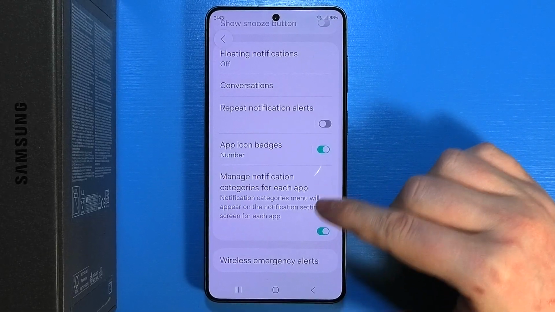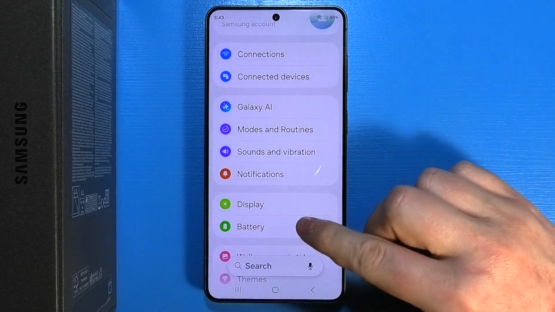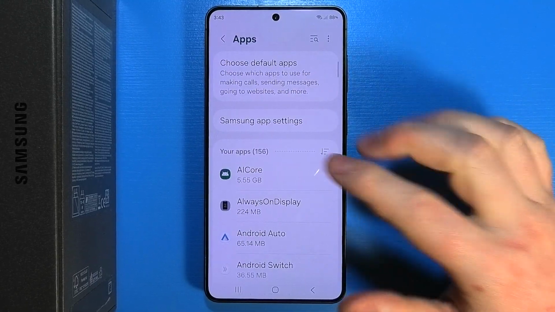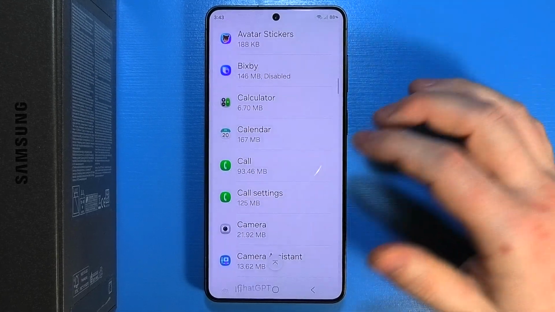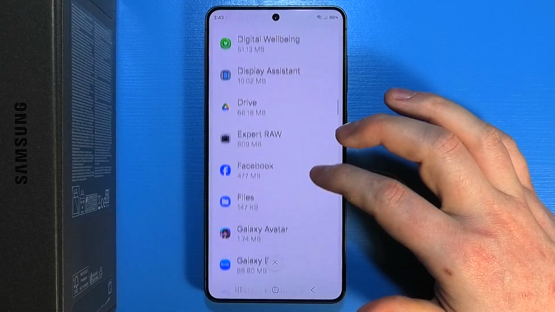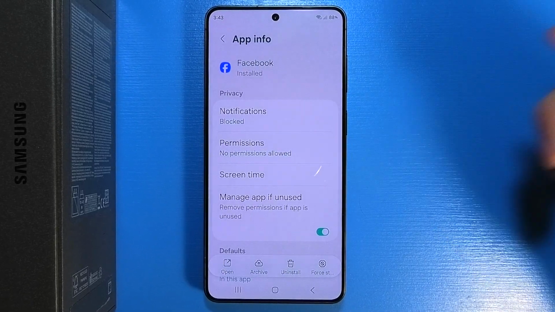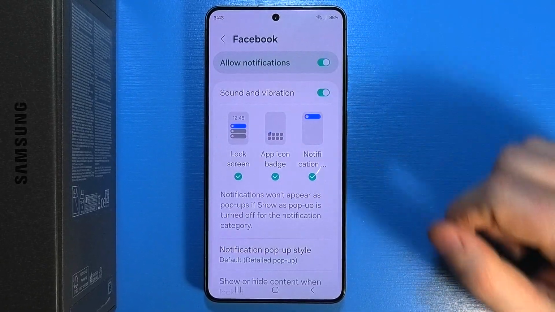Make sure that this option is active, and when it is, you can go back to the main settings page and then scroll down looking for the apps section. Now find whichever app you want to add custom notification sounds for. For example, if we go for a Gmail, if I manage to find it right here, or let's go for a Facebook. In this case, we can go to notifications, and then you will need to allow notifications for that